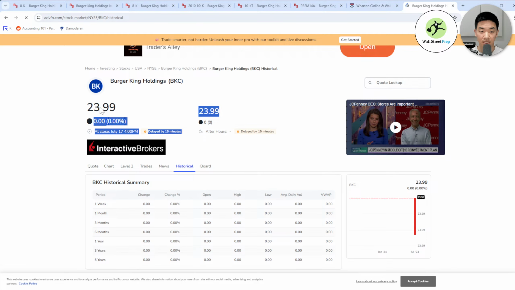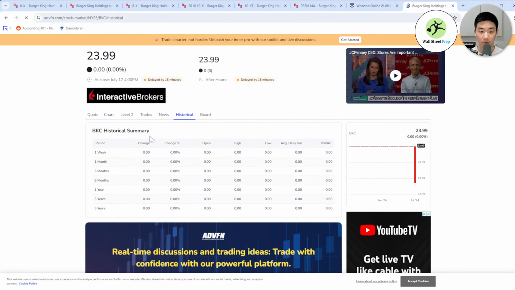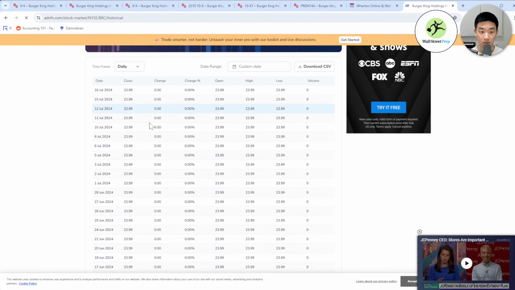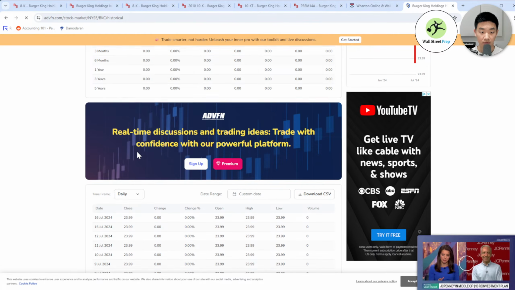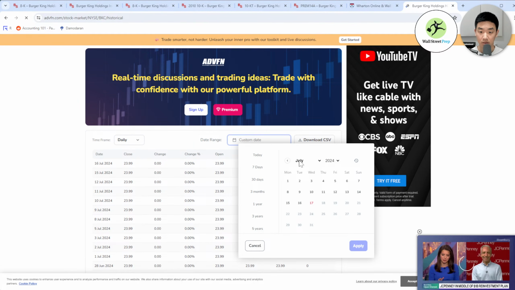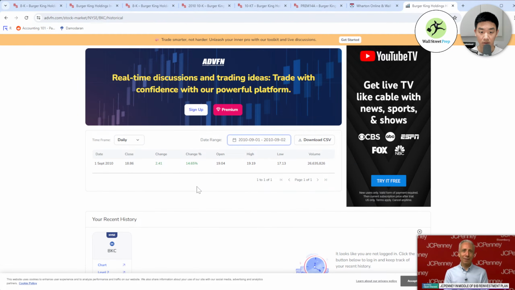This makes sense because the transaction closed at $24. Okay, so we're going to have to go way back. Go back to 2010 and let's go to September. The transaction closed on the 1st, so this should work. Okay, closing price, September 1st, 2010 was $18.86.